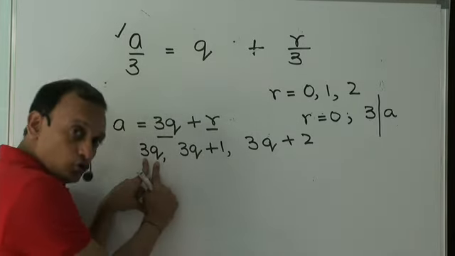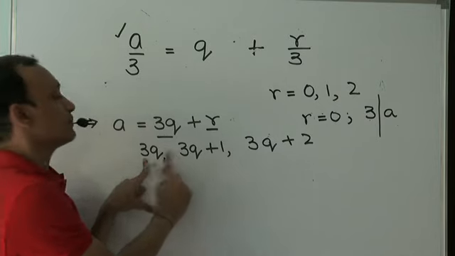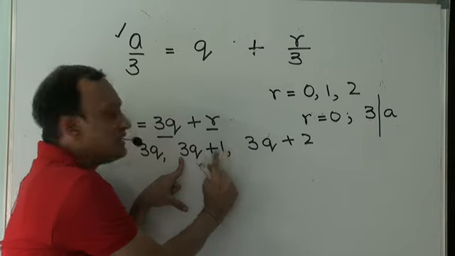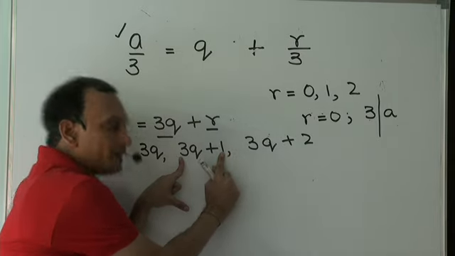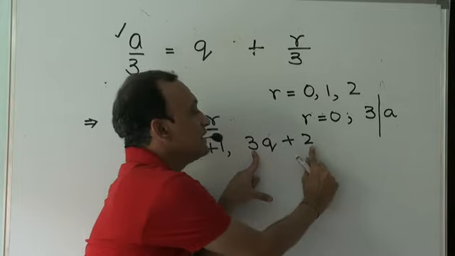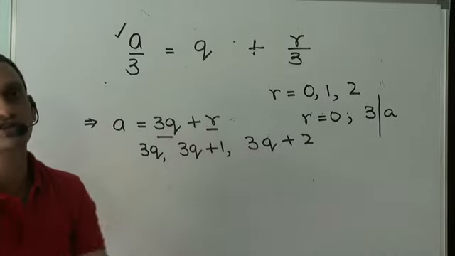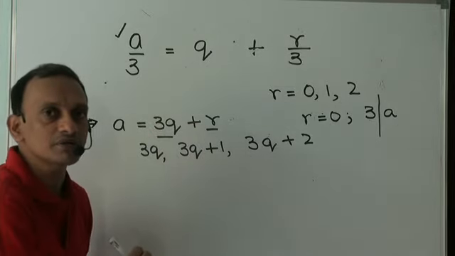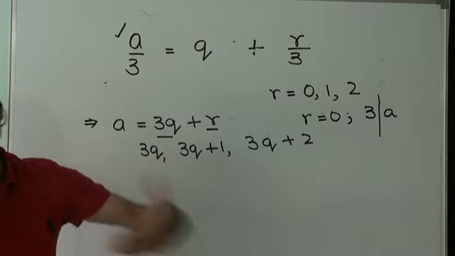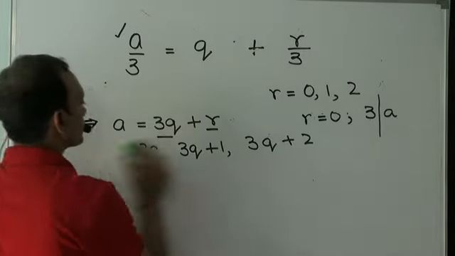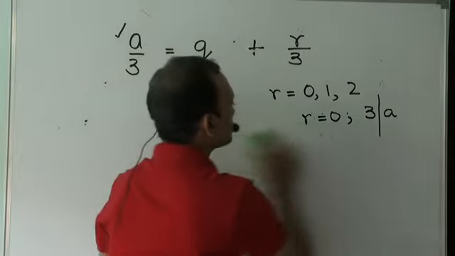Numbers of the form 3q are perfectly divisible by 3. Numbers of the form 3q plus 1, when you divide these numbers by 3, they leave a remainder 1. All numbers of the form 3q plus 2, when you divide by 3, they leave a remainder 2. Yes or no? So in terms of 3, that's how you write various integers in the number system. Similarly,